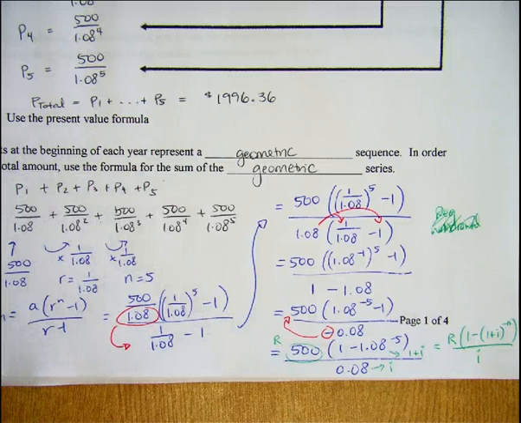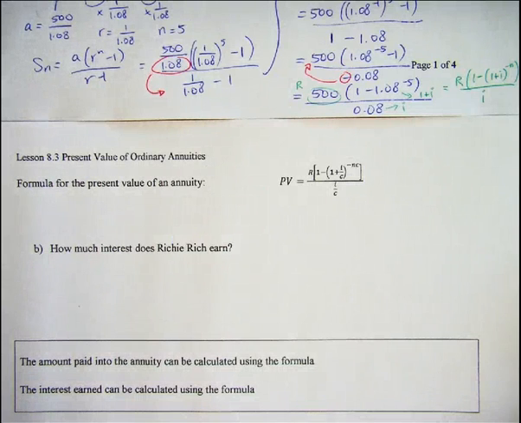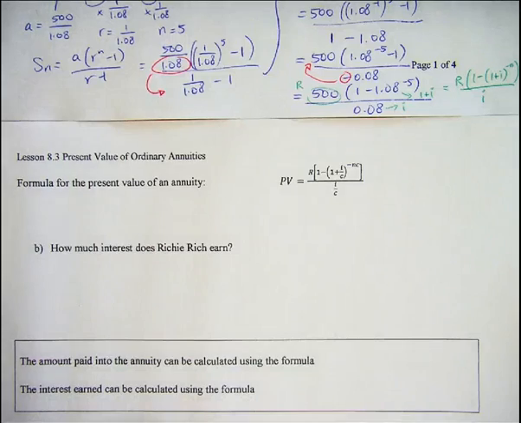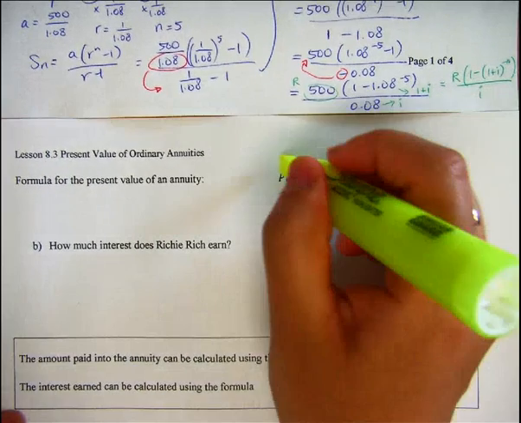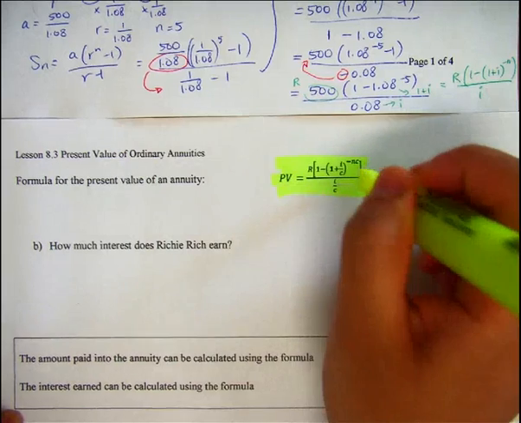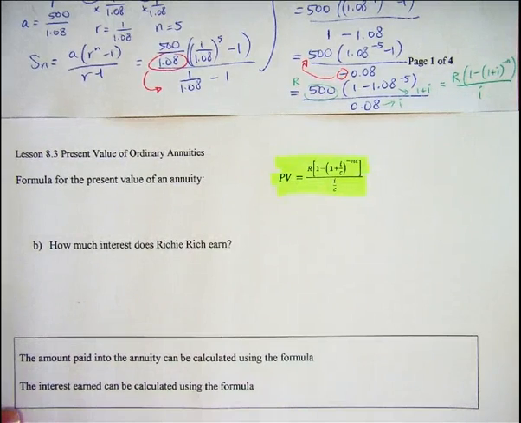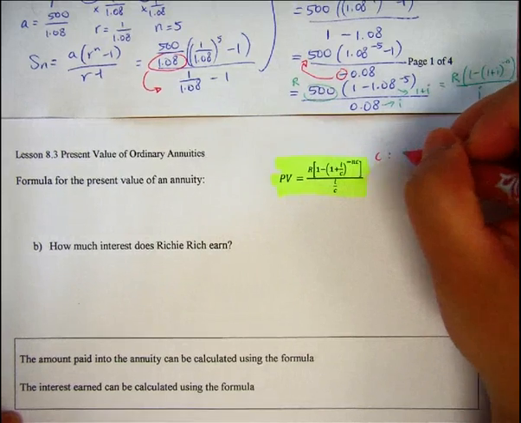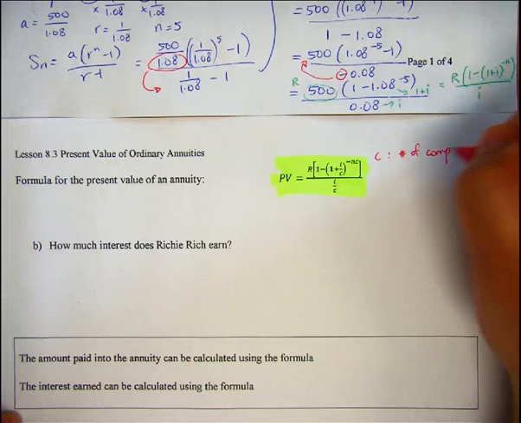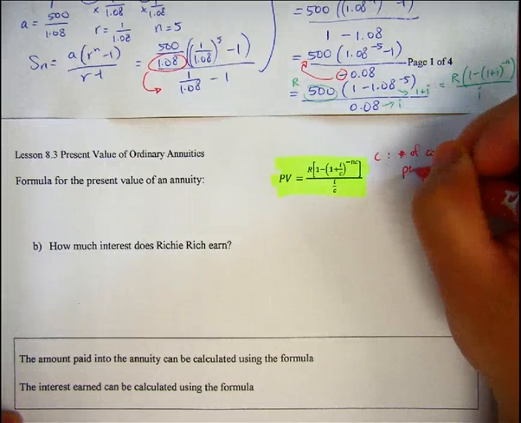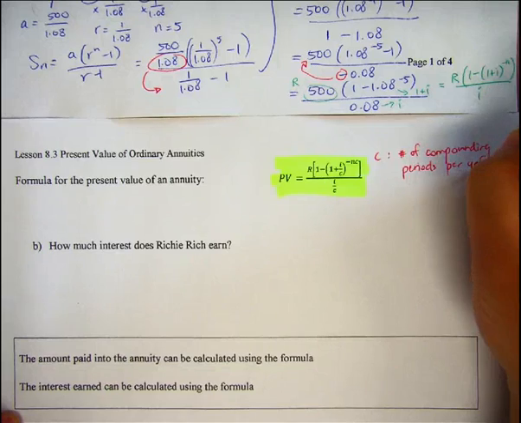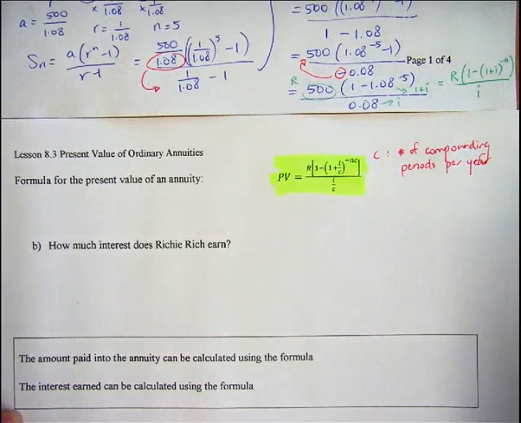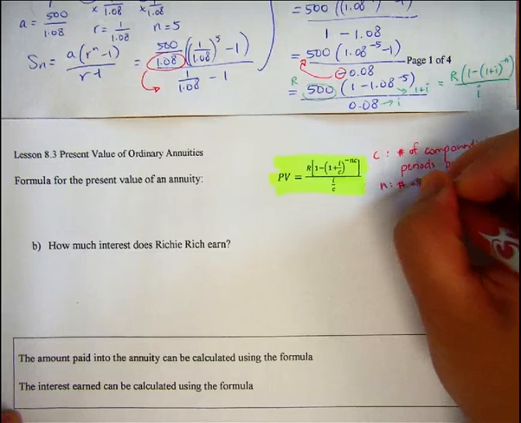So if you look on the next page, I'm going to just pause, flip to the next page, you can see the formula that we just came up with here. Just going to highlight it. And just like before, we're just slightly modifying the I and the n values because C represents the number of compounding periods per year. Okay, so in this formula, C represents the number of compounding periods per year, N represents the number of years,